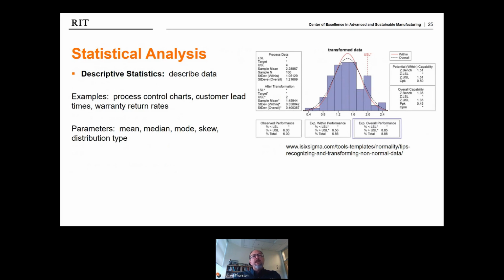Often in statistical analysis, we use normal distributions, which is kind of the simple bell curve like is shown there. But many times in real processes, we don't have normal distributions, and we need to take into account real distributions that may be uniform or log normal or something else. So that's an important consideration that makes the mathematics associated with working with the data more challenging, but it's sometimes required to make good assessments.